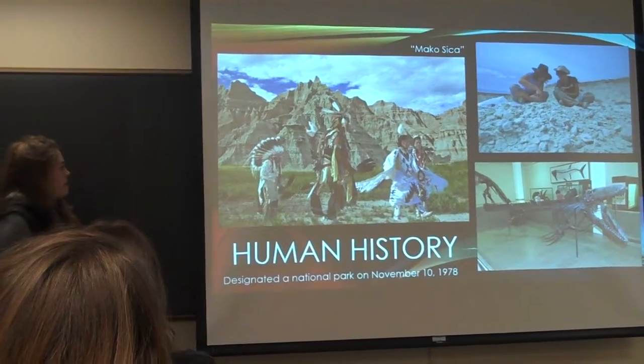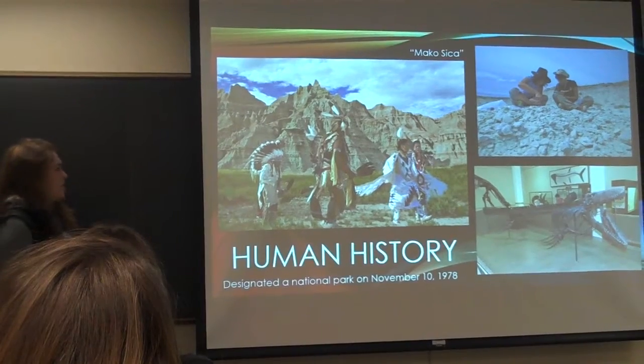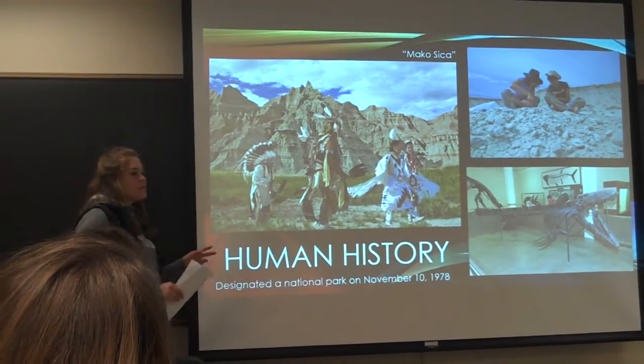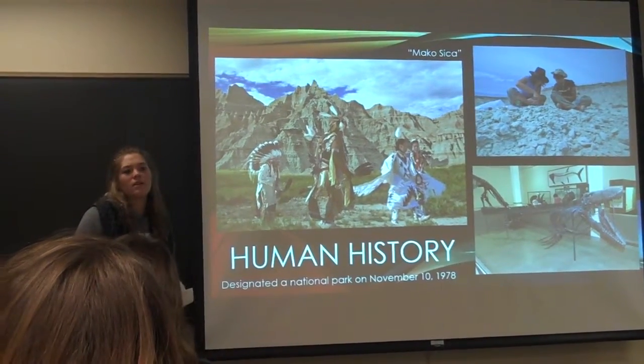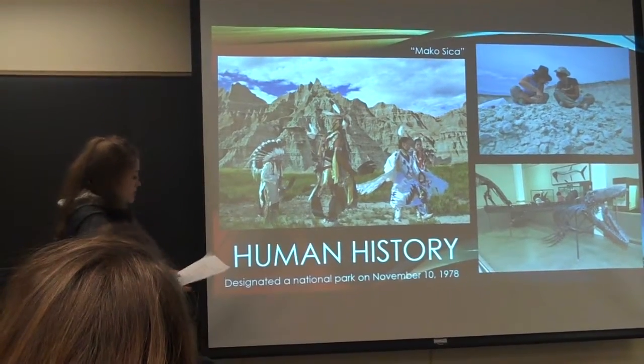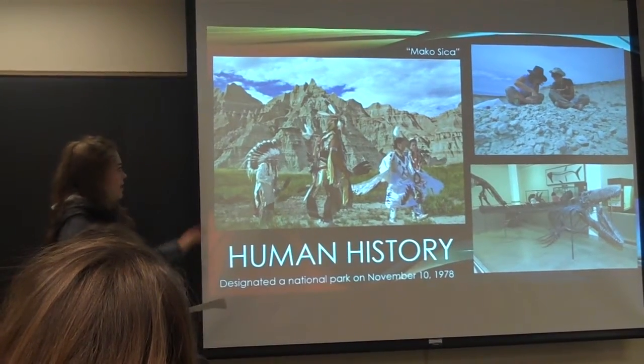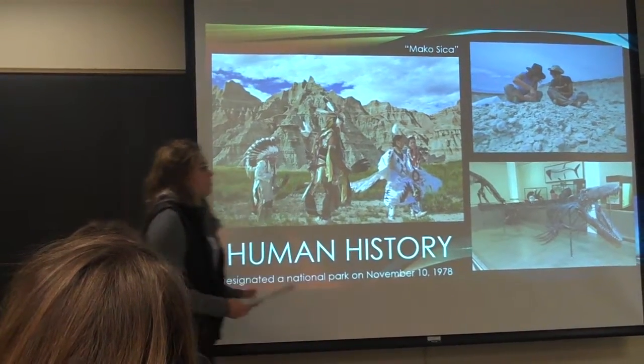Right before this happened, the Native Americans followed a prophet, Wovoka, and he encouraged them to perform a ghost dance to protect themselves from the U.S. forces that were coming in to attack. One of the last known ghost dances was actually performed on Stronghold Table in the south end of the Badlands. So that's the history of the Native Americans.